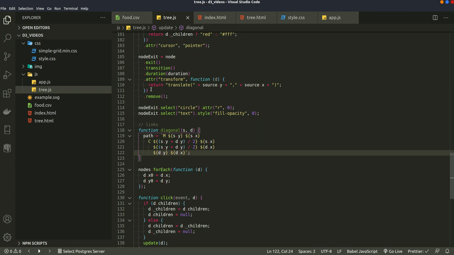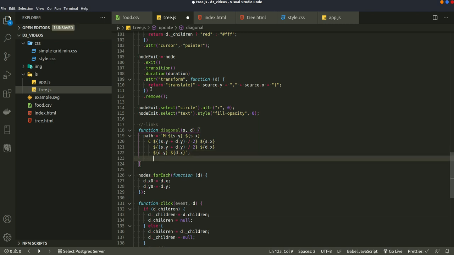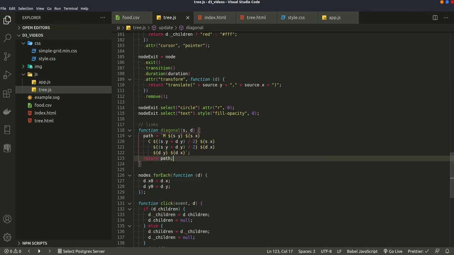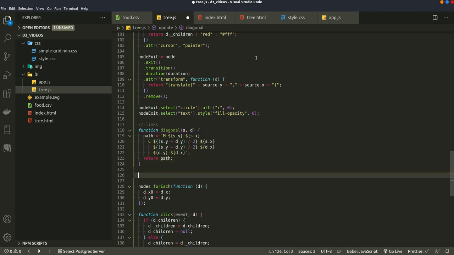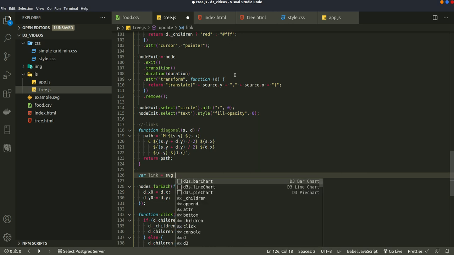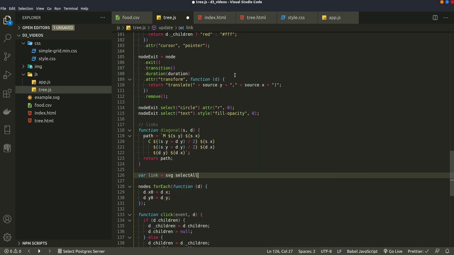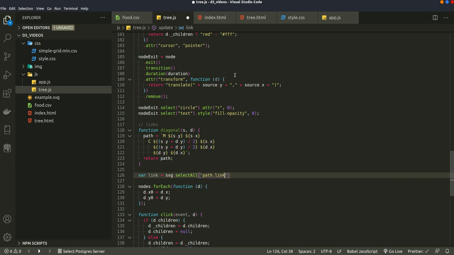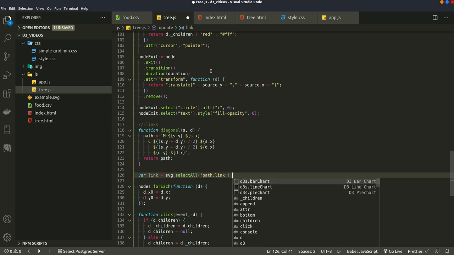So we pass it in the source node, the destination node, and then we just draw a line between the two. And we return our path. Now we can create our links. So for our link is equal to svg.selectAll path.link .data